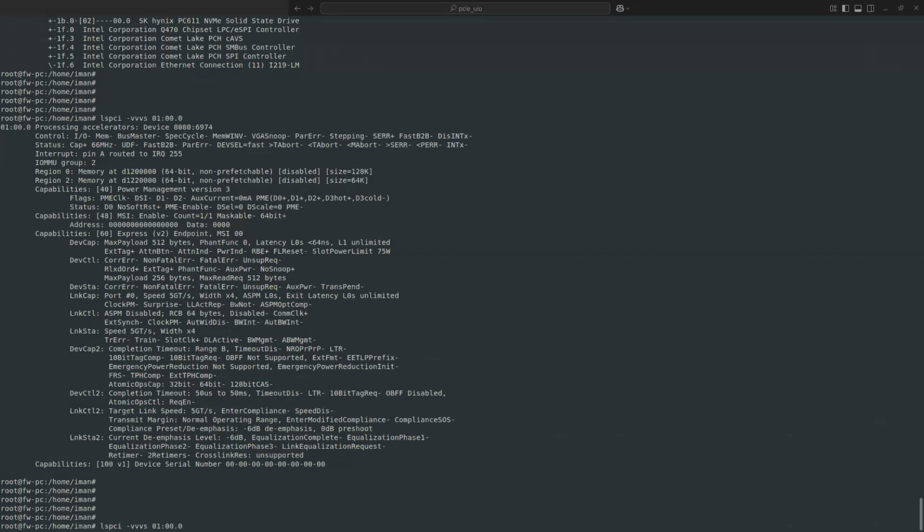So now we try to load our generic PCIe driver. In all systems, including my Ubuntu system and even your embedded custom Linux, we have UIO PCI generic. This is a kernel module provided by Linux, and you can find more information about it on the Linux kernel website.